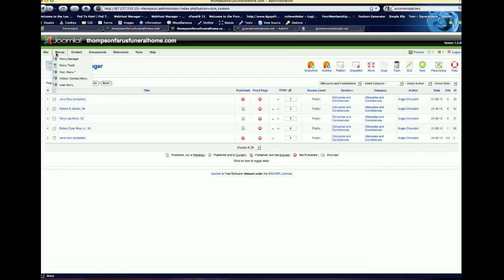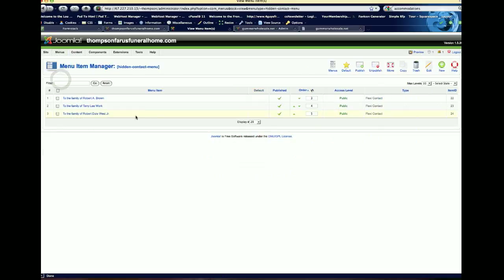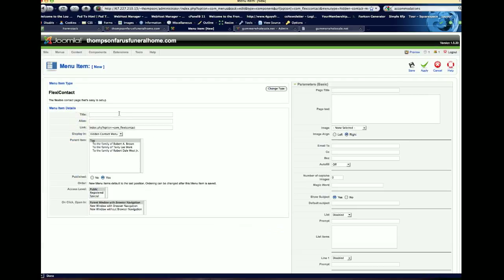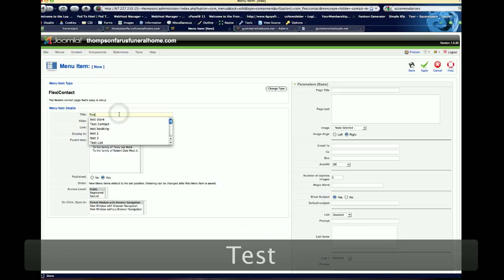And we're going to go to the menu area. You're going to want to go to the hidden contact menu. This is where all the condolence forms are going to be found. So what we want to do is add a new form. And this is called a flexi contact. And give it a title. We'll do test